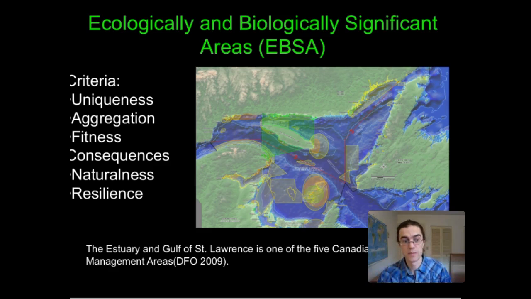another example of this, of an MPA approach, or what's known as the Ecologically and Biologically Significant Areas, EBSAs. And the map here is of one of them from the estuary and Gulf of St. Lawrence. It's one of the 5 large, or known as the Canadian Large Ocean Management Areas. This is from another report I can provide the link to, a PDF from DFO in 2009. There's 10 different EBSAs within this